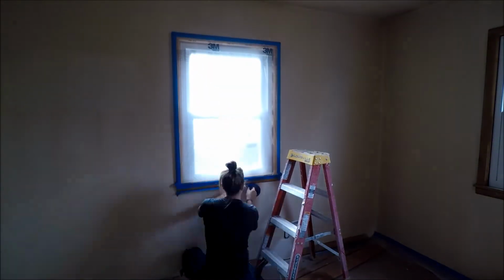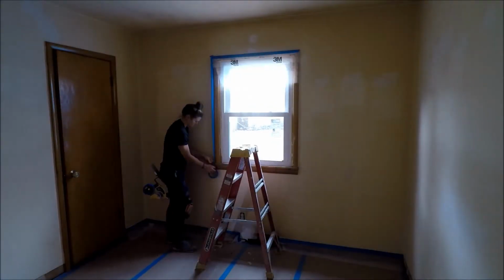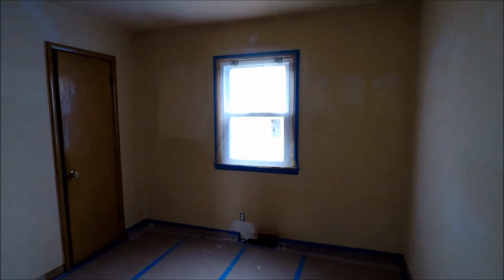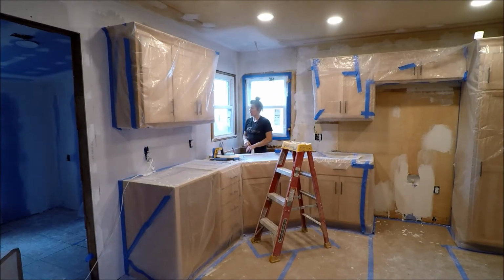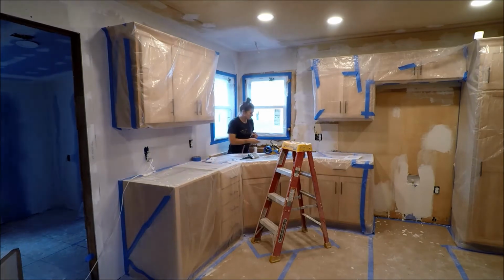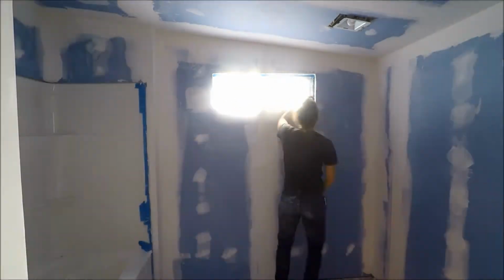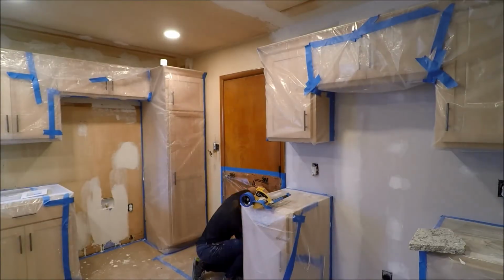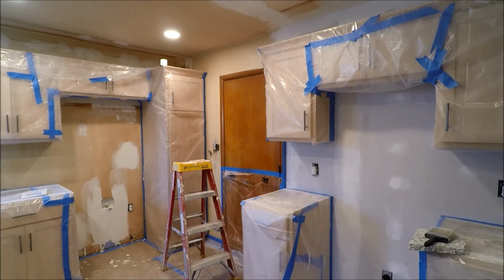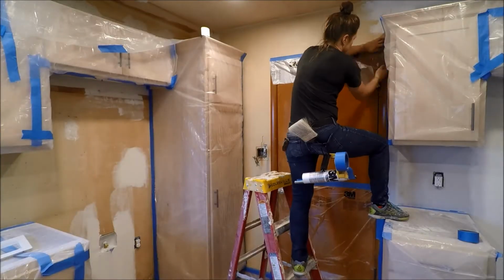Correct. So here we are covering up all the areas that we thought we wanted to save, so windows, floor, doors, all that good stuff, because we don't want those to be textured. And we use a handy-dandy little 3M tape gun, which dispenses your tape onto your plastic sheathing all in a single whoosh. Also, a little bit of an